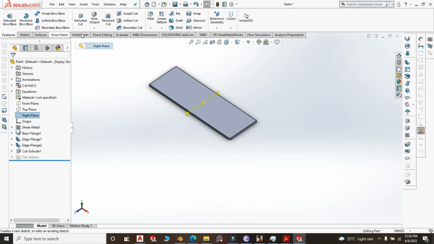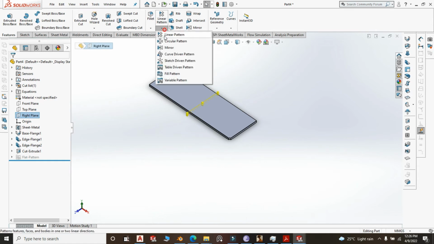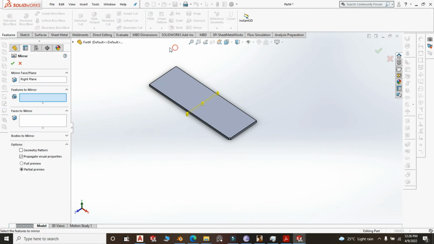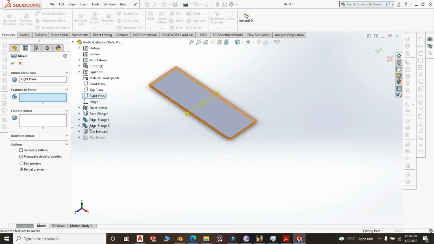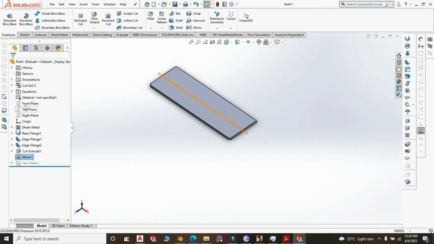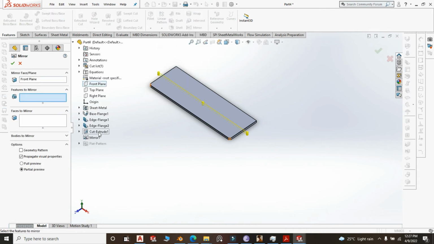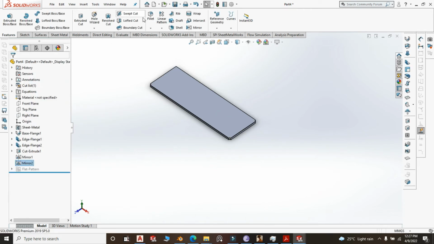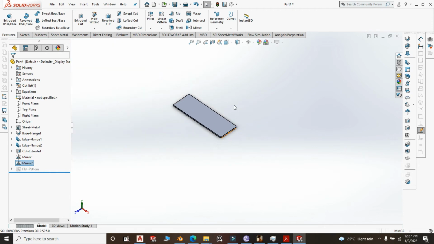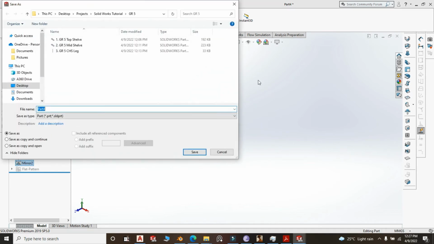Right plane, mirror entities. The entity to mirror is the extrude and cut. That's okay. Then from the front plane, mirror entity, mirror the extrude and cut. Sorry, what happened? Yeah, it's there. Then we can save it as